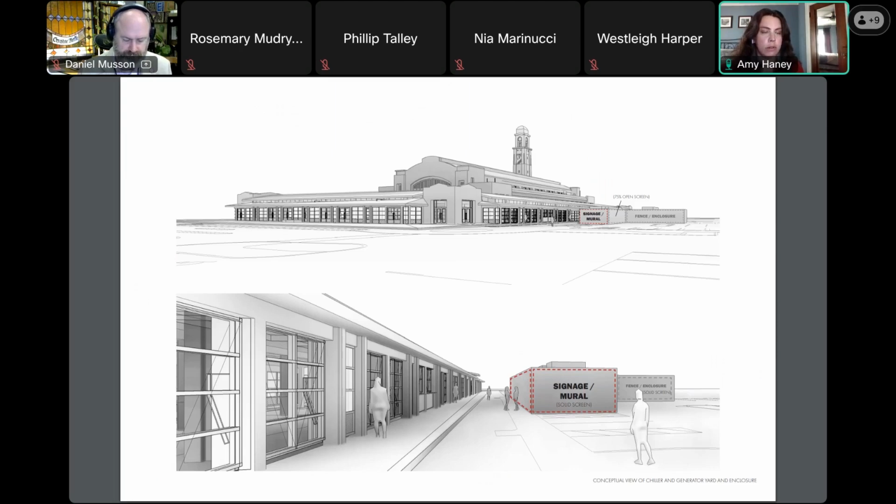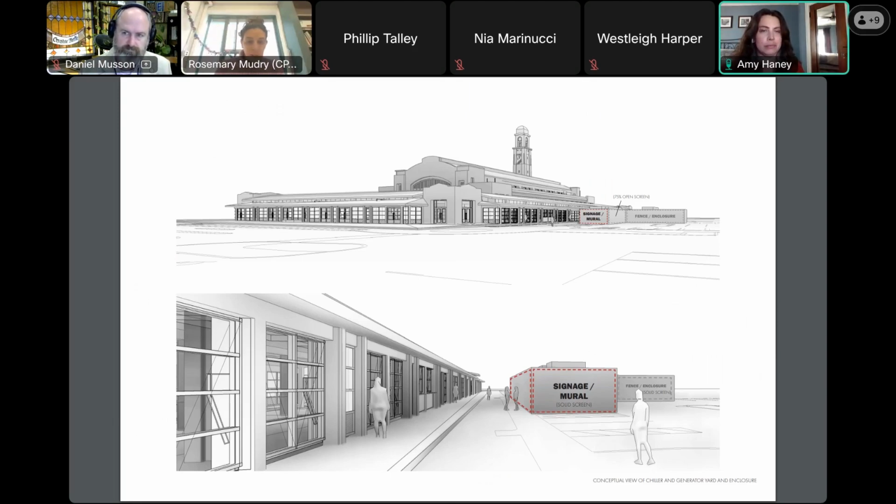So we've worked with our engineers to see how open that could be, and we've just got that 75% open screen that it needs to be at that one location that we're marking there that is north. So anything that is facing the arcades can be a solid screen, and we are hoping that we can get some nice mural design proposed for there and artwork, so that you're not just kind of looking at a blank wall. And the same would apply to anywhere else besides that 75% open that we have to have.